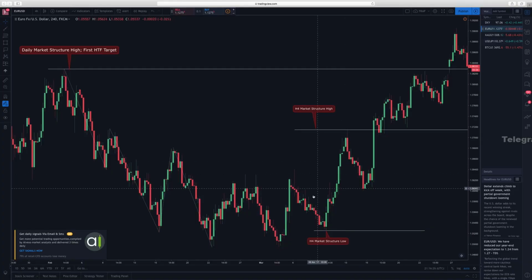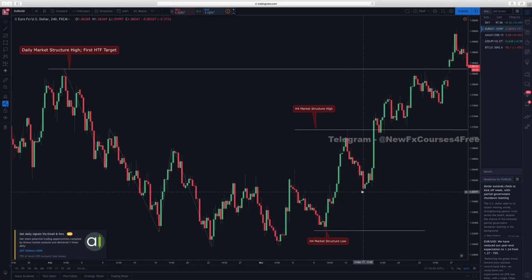But this is more about a general understanding of A to B. How you decide to rinse the pips or take your pips from A to B is totally up to you. You can scalp it, you can hold it, you can do whatever. But the most important thing is the understanding